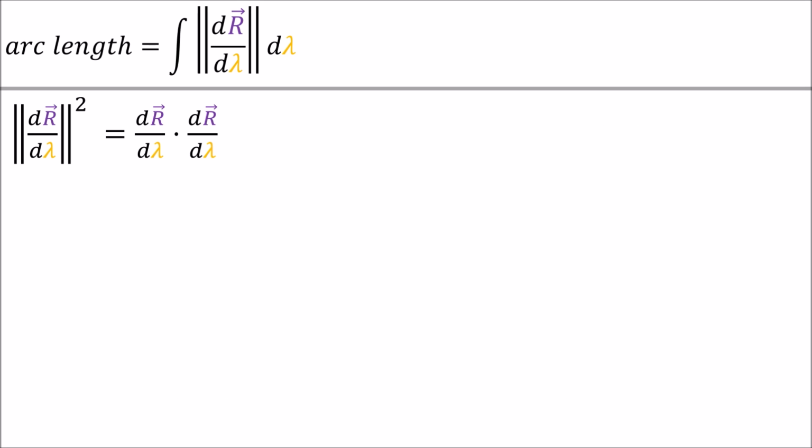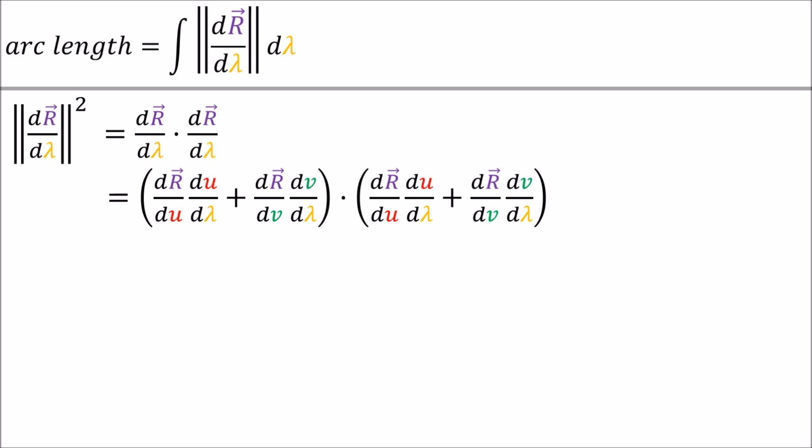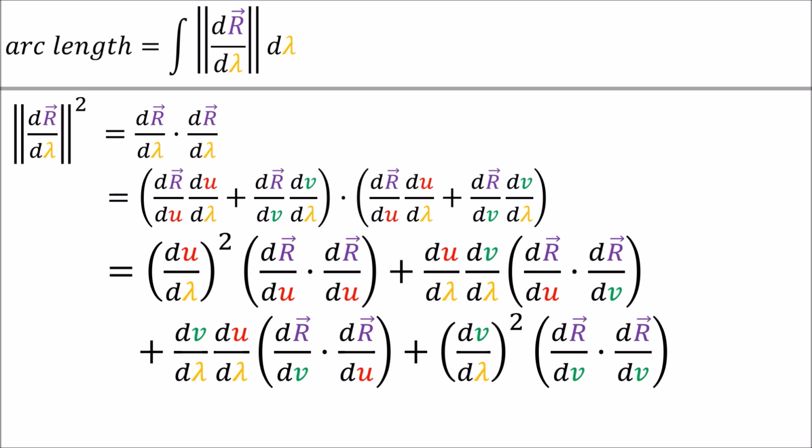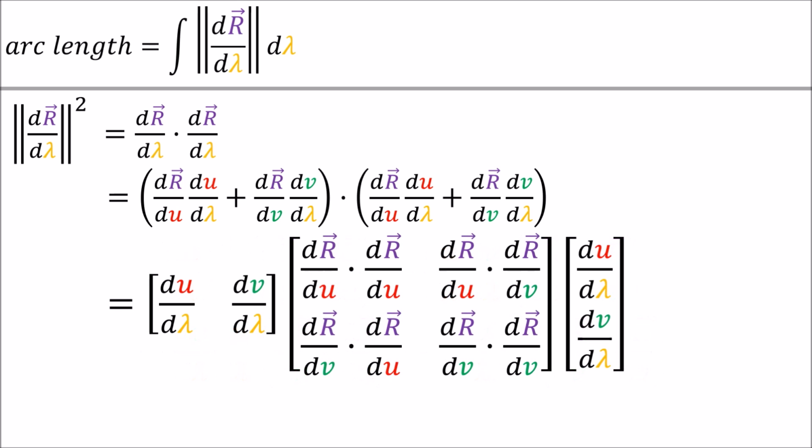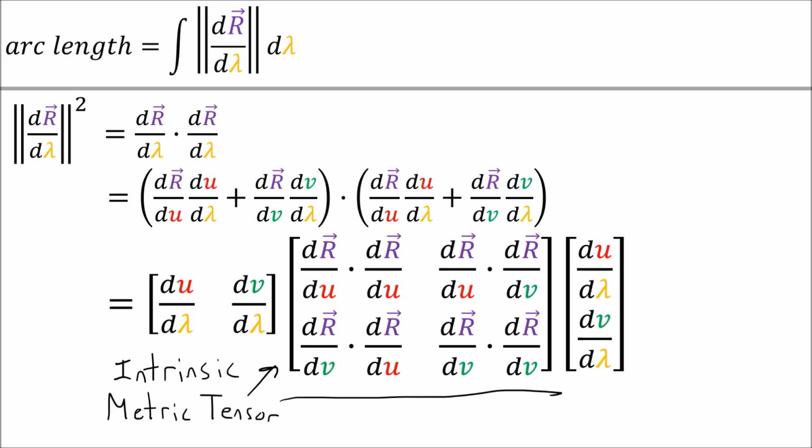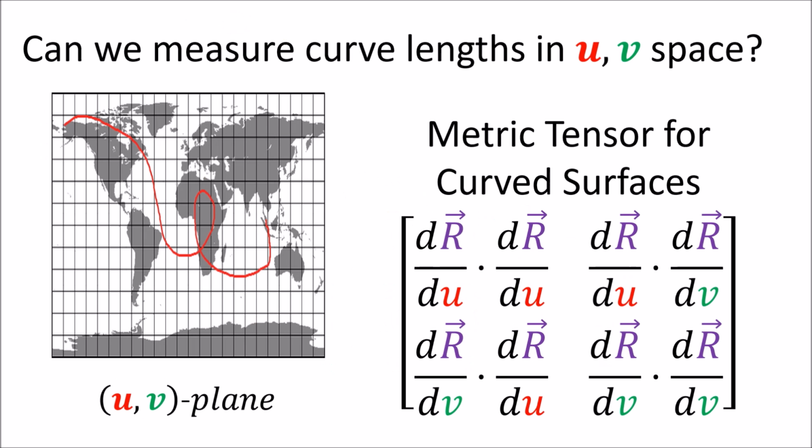So when calculating the squared magnitude of the curve's tangent vector, we would now expand the dot product in terms of the u and v variables. And expanding that dot product gives us this formula with 4 terms. And we can also write this more nicely using this series of array multiplications like this, where this matrix here is now our intrinsic metric tensor for the surface. So this is the metric tensor that we're going to use to compute the lengths of curves on our surface,